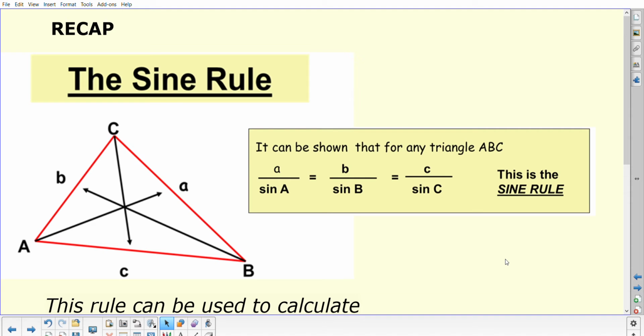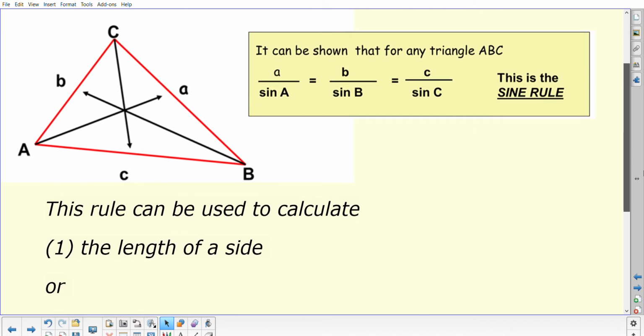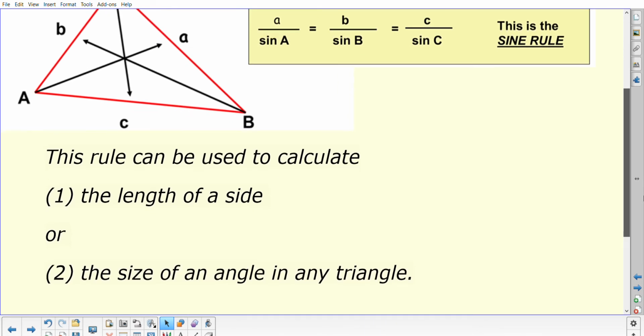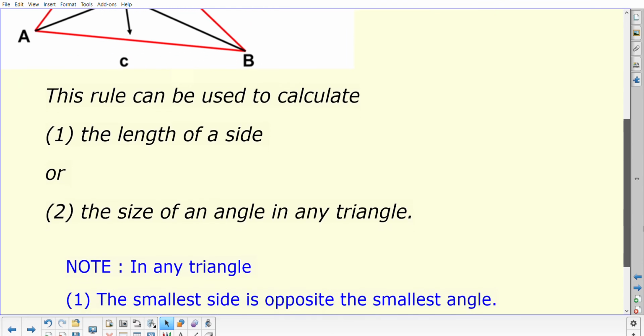So you've been introduced to the sine rule. The sine rule is a statement that compares the opposite side to the sine of an angle, and it says that in every single triangle, your opposite side compared to the sine of the angle that goes with it will be equal, all three will be equal to each other when you take them in pairs like that. So we can use that sine rule. You will usually be looking to use just two pairs of those ratios at a time, and it can be used to get the length of a side, or in fact you can also use it to get